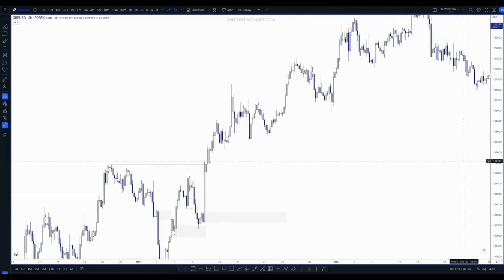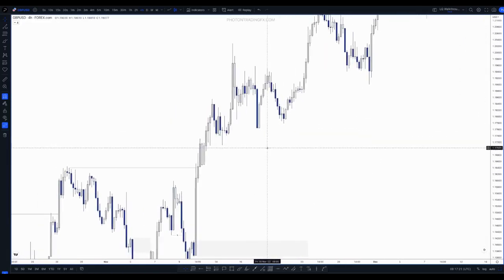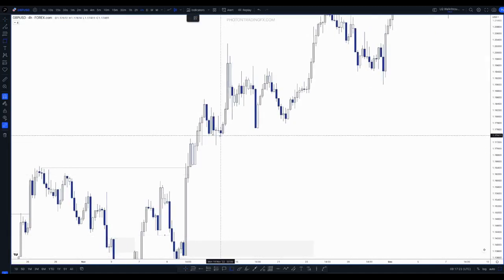We can start to add in a lot more stuff, but at this point, like I said, I'm just trying to identify the bare minimum definition of what one is. This one's a bit messy to draw, right? But you do have that being the cleaner zone. Price won't always come in and perfectly mitigate that. Sometimes when you get